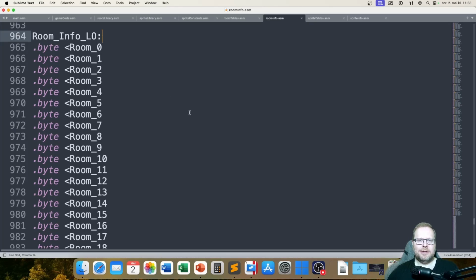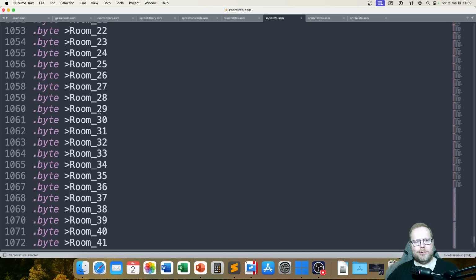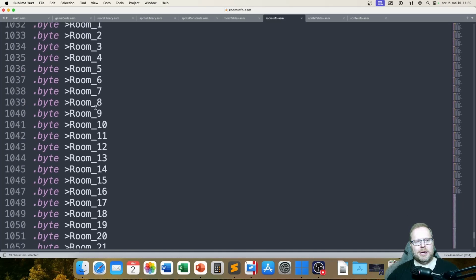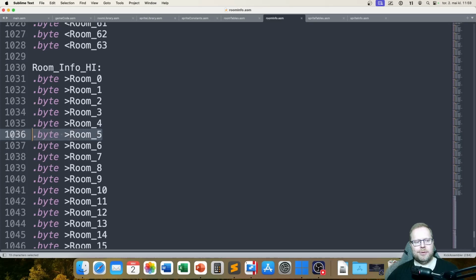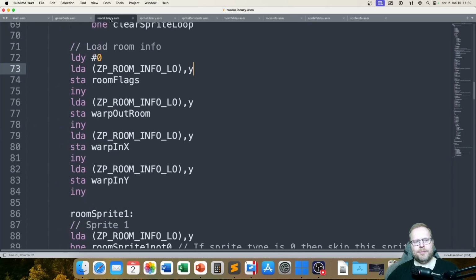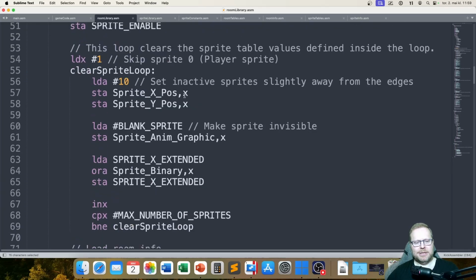Now these are simple, right? Because here we can use, for example, our X register. I need the room info for room number 5. So I load X with 5. 0, 1, 2, 3, 4, 5. Then I can load this from the low byte table, and of course I need to do the same thing for the high byte table, and I store those in those zero page addresses, and then I end up with something here, room info low, and let's see,